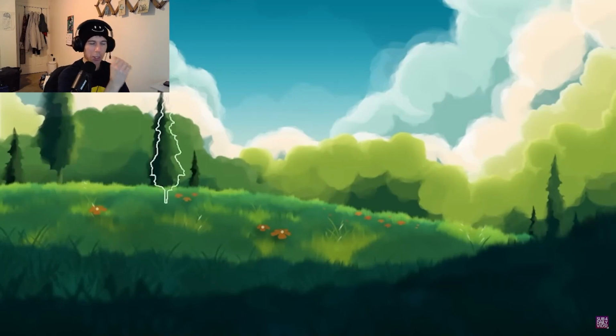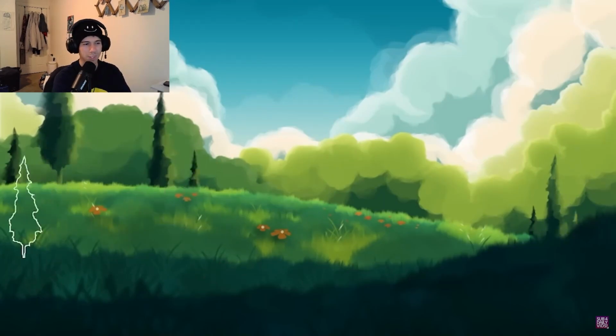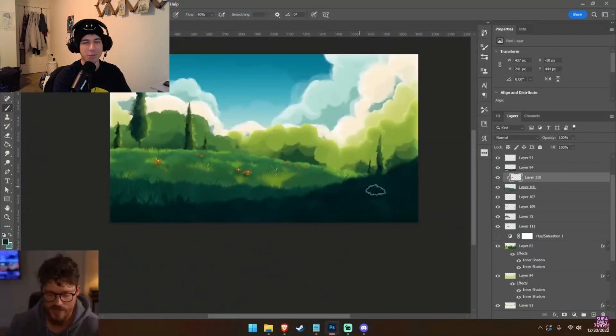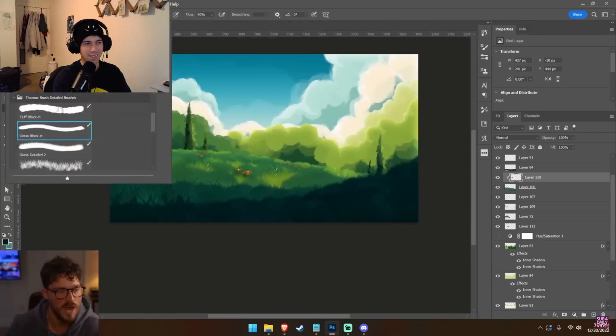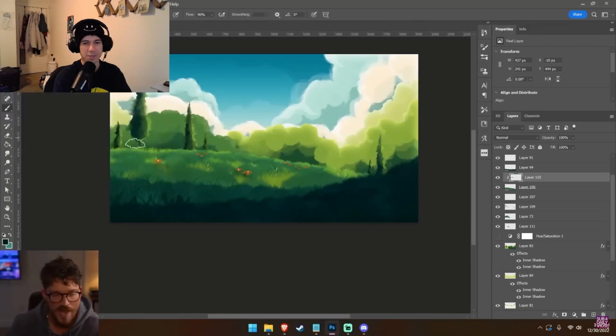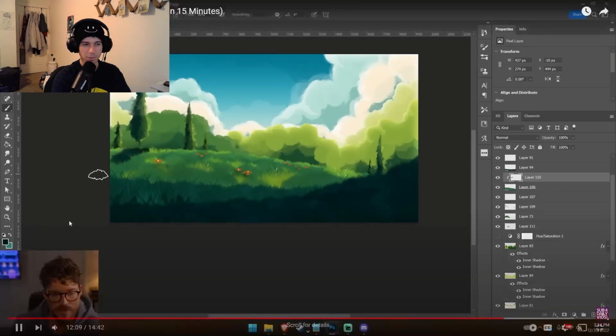And remember, the sun is coming from the right side here. So we're gonna add just some very subtle details to the right side of the tree to mimic that sunlight. All right, we're gonna use this color here, and we're also gonna use our grass block-in brush. And we're gonna be very careful here, but we're gonna add just some subtle shadows, the shadows of the tree